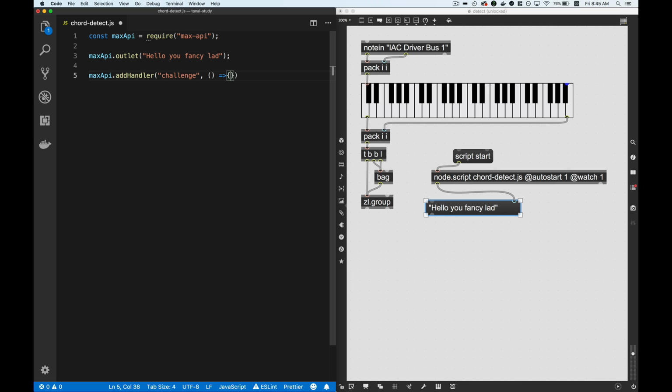And then this is the big arrow syntax for functions. It's new in, I don't know, ES5 or something. I'm not a JavaScript expert by any stretch, but it's just another way of writing function. And it's actually slightly more than that, but we're not going to talk about scope here, I promise. Anyway, it doesn't matter. So now for challenge, we'll just do max API.outlet